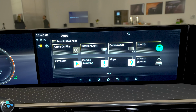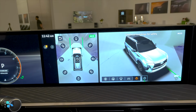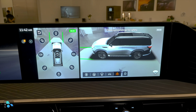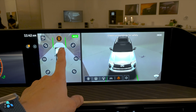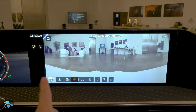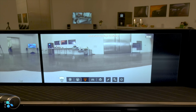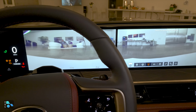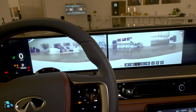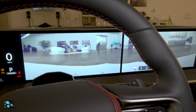And we have an all-new high-definition camera system, which is really intriguing. And that's probably the biggest reason to get the big screens over the competition that has the smaller ones. You have lots and lots of different camera views around the vehicle, including a huge 170-degree widescreen view right there. And if I hit that expand button, something even cooler happens. It'll actually use both screens for that camera display. So if you're in a crowded junction and you really want to see around the corner, see whether Jimmy's on his bicycle or something like that, you can